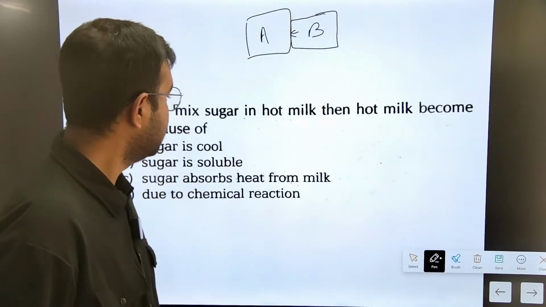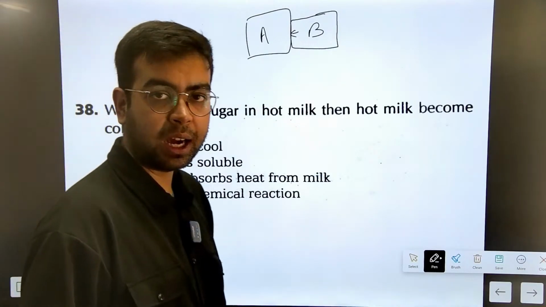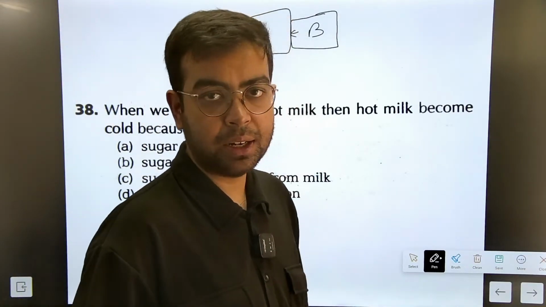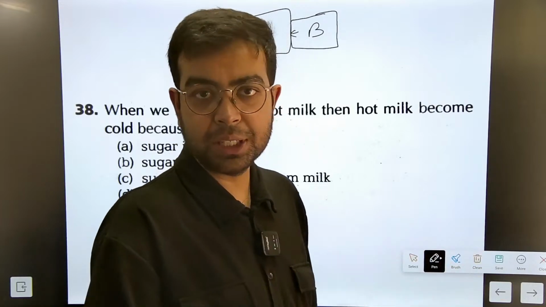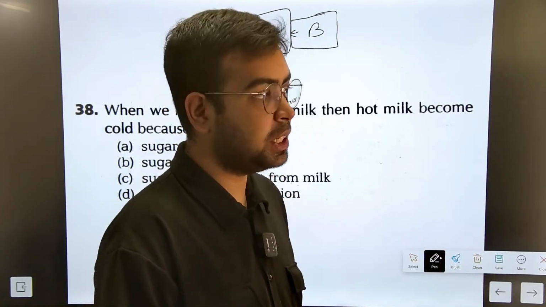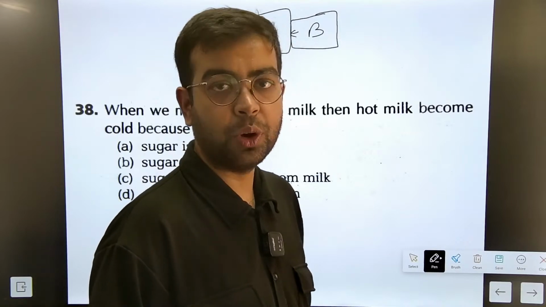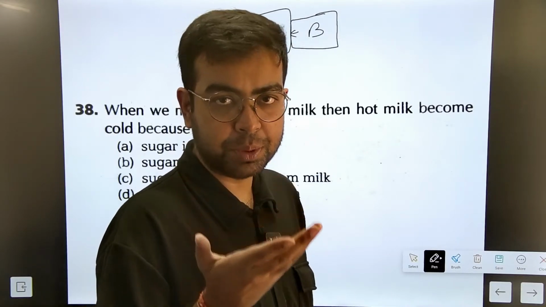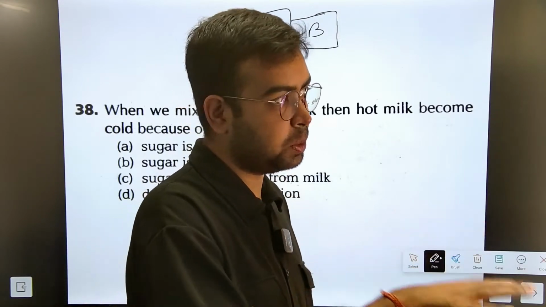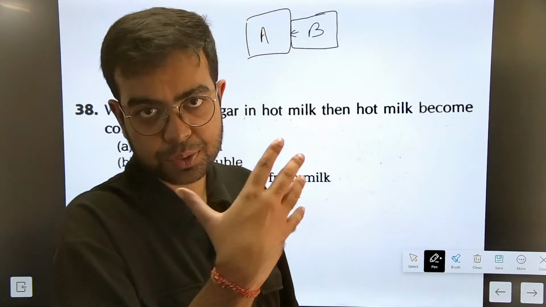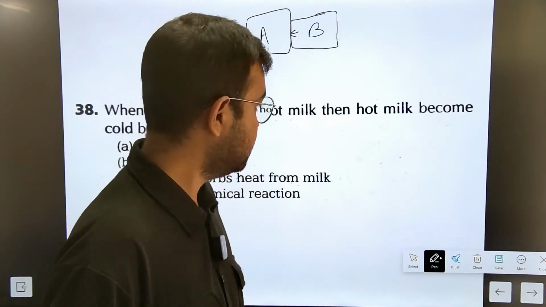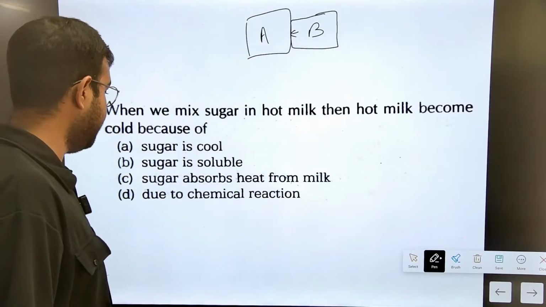ठीक है, so what will happen, अगर मैं शुगर को मिलाऊंगा, शुगर मिल्क से ठंडा है, मिल्क का हीट शुगर में चला गया, ट्रांसफर हो गया. Why? Because heat moves from a place of higher temperature to lower temperature. उससे होगा क्या, उससे मिल्क का टेम्परेचर थोड़ा कम हो जाएगा। क्यों? Because some of the heat has transferred from the milk to the sugar.